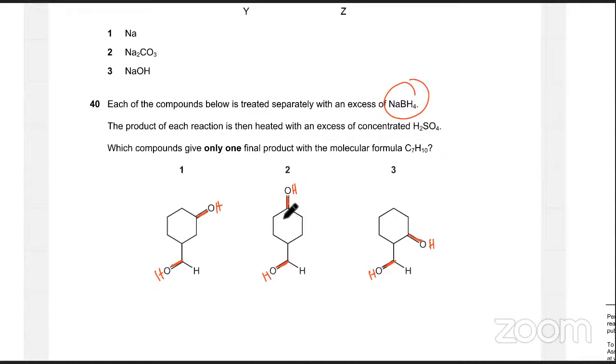If the OH is on the first carbon, if it's an aldehyde, it will automatically turn into a primary alcohol. So you don't have to worry about whether you're making a primary or a secondary alcohol. Reduction automatically changes it into an OH. That's it. So then he's saying the product of each reaction is then heated with an excess of concentrated sulfuric